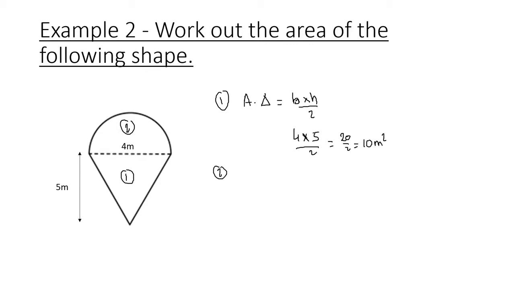Now we find the area of our semicircle. Again, area of a semicircle is pi times radius squared divided by 2. We're also given the diameter in this question, which is 4 meters, so we need to find the radius. Remember, the radius is half of a diameter, so radius is equal to 4 divided by 2, which gives us an answer of 2. Now we can input our found radius into our formula, which is pi times 2 squared divided by 2. That gives us an answer of pi times 4 divided by 2, which equals